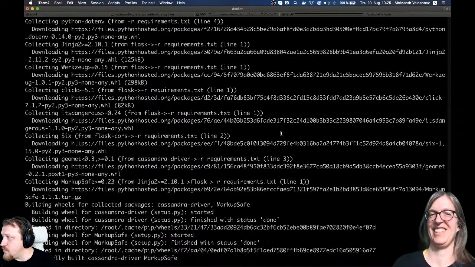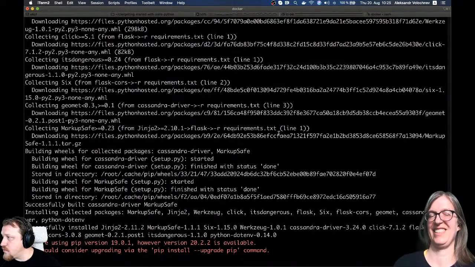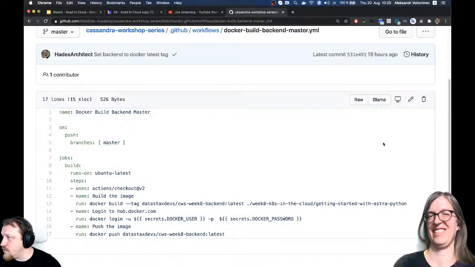Okay, and I will not show you how I push that because it's just docker push and the image tag. But anyway, I don't have to show that because why? Well, GitHub now does it for me. Perfect, and it's free for open source projects. I love that.